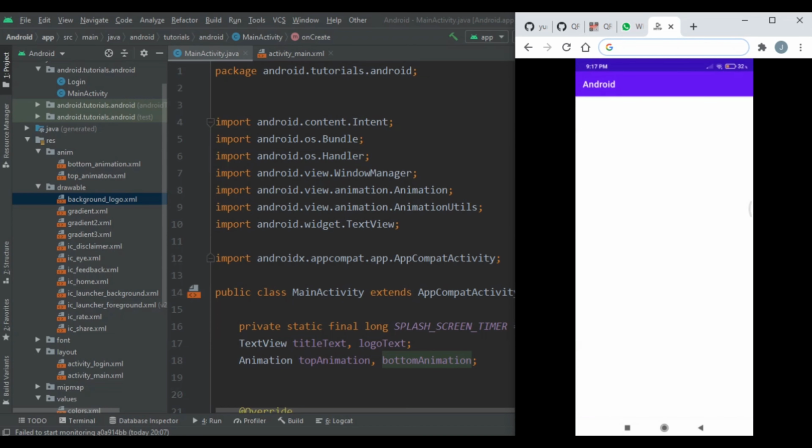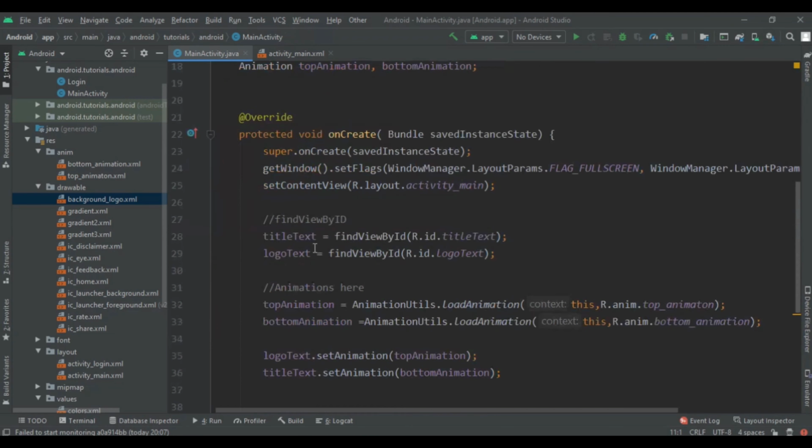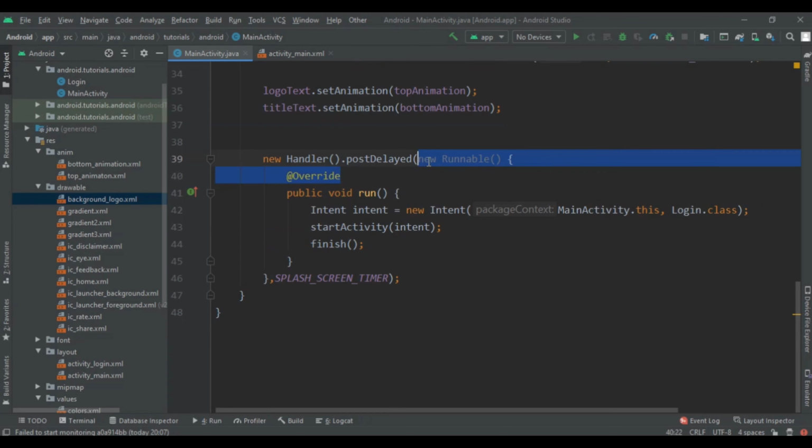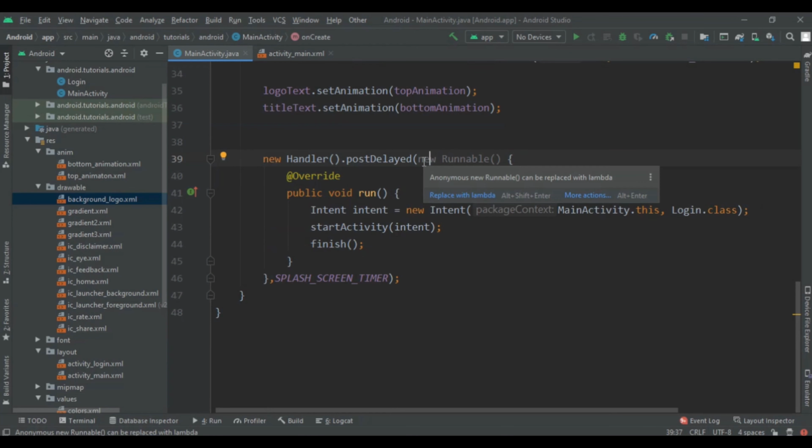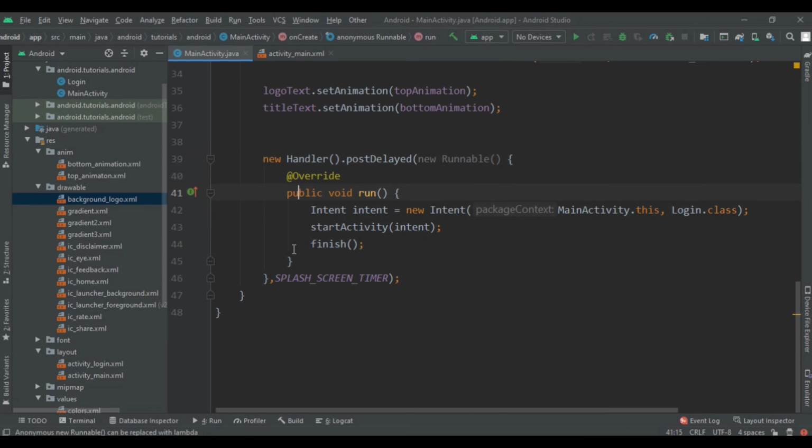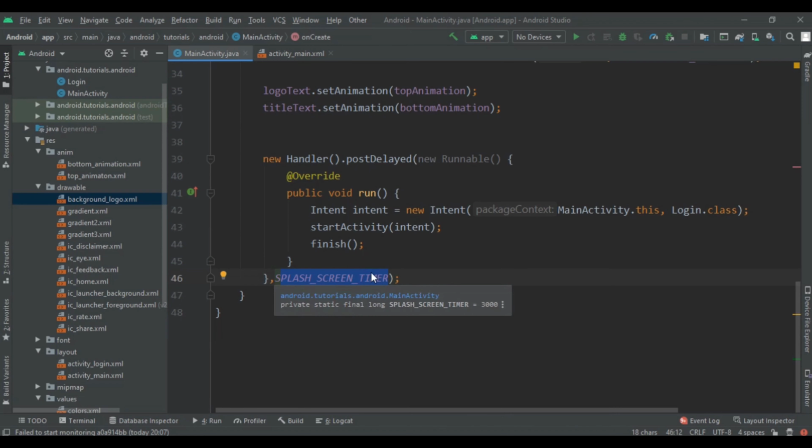So to make that, we have to create a new Handler with the postDelayed method, and here we are going to write a new Runnable, and it needs two parameters. The first parameter is the runnable itself, and the second parameter is the splash screen timer, where we decide how many seconds we want to keep this screen active.